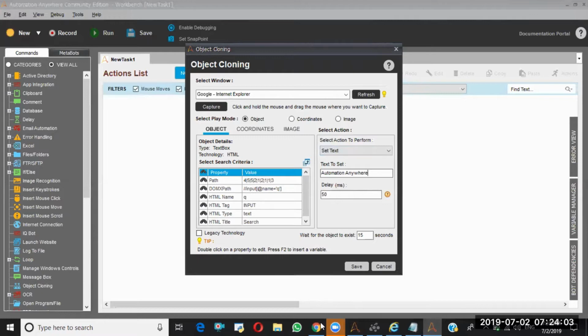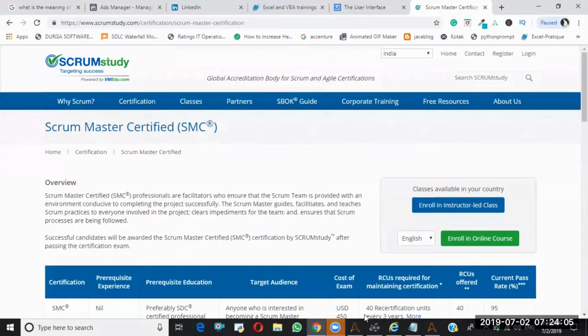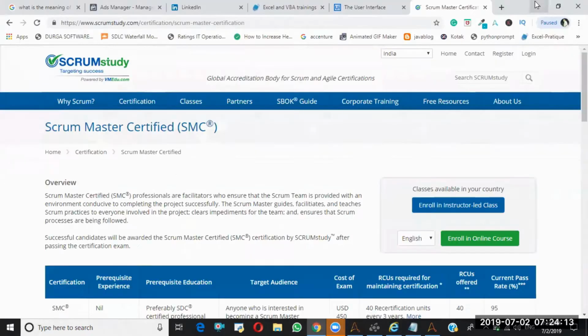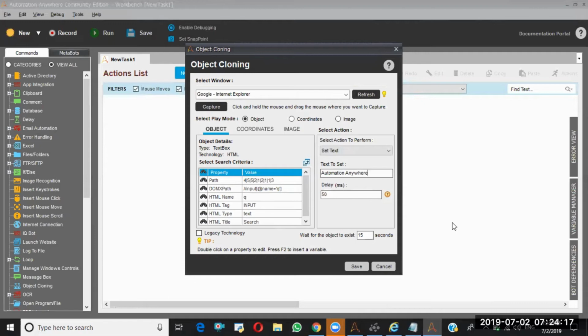But here you may have the question, why I enter the 20 words string. See, this is the Google object. Okay, so this is the Google search object, so here we will give the relevant keywords like 4 to 5 keywords, and we will search that. But in real time, assume that you are automating a web application, wherever you are accepting or rejecting some tickets.